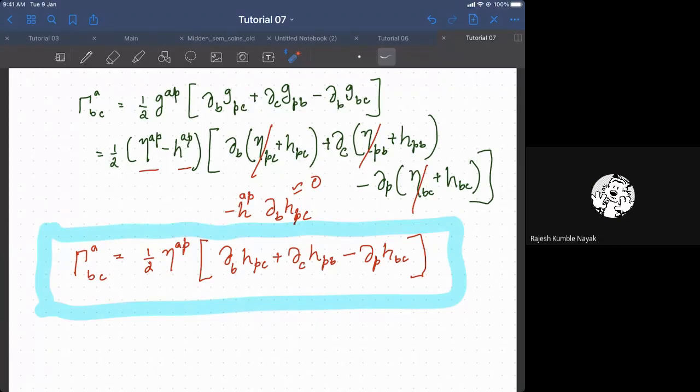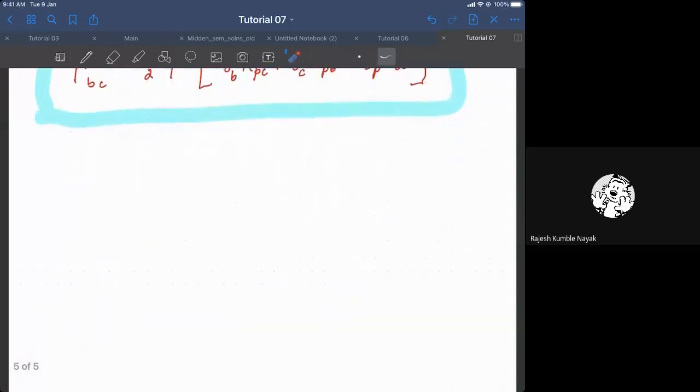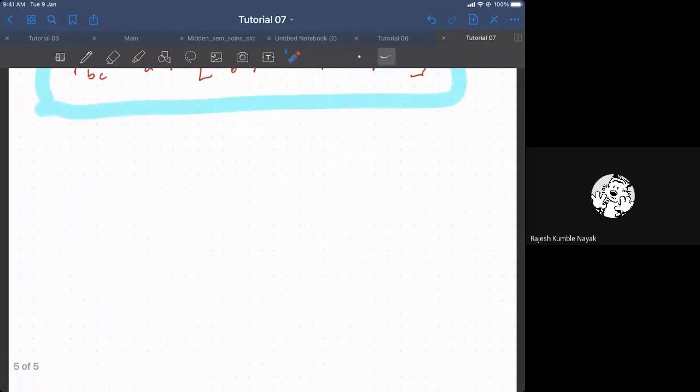So the main thing is the approximation. There is not going to be h into derivative of h because that is a higher order. Okay. Next comes a very, very important aspect. For that, let me write down